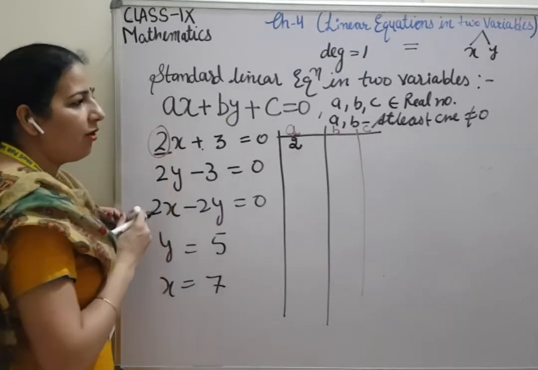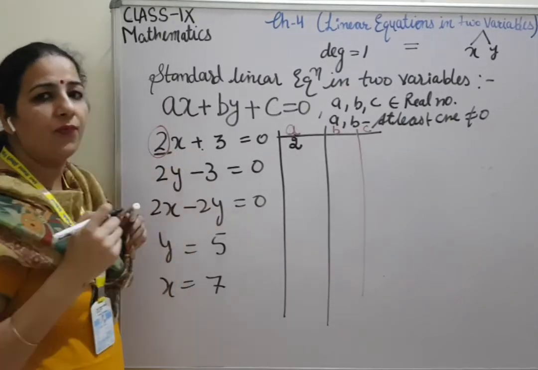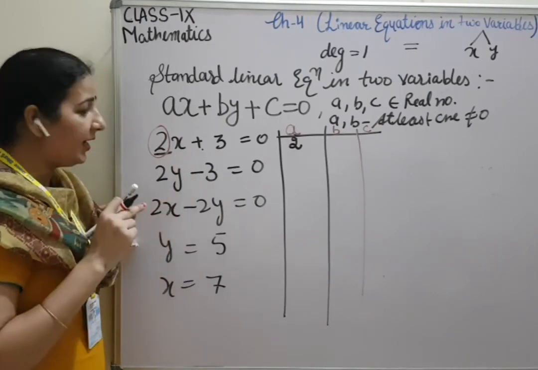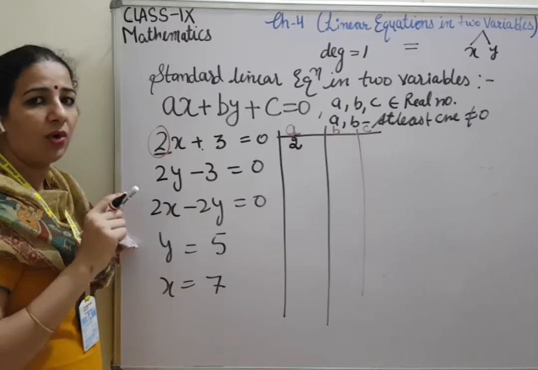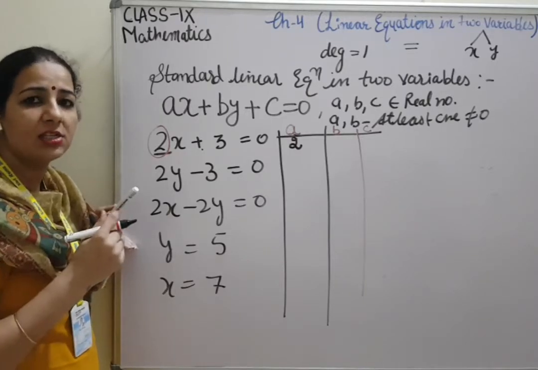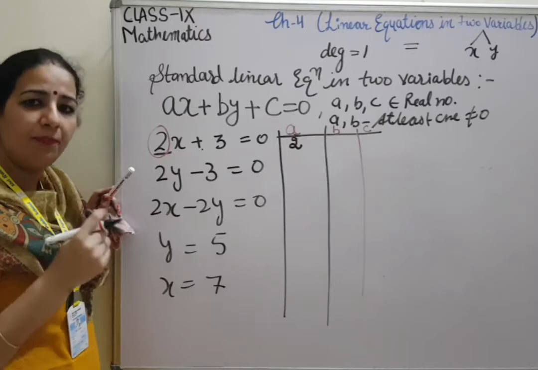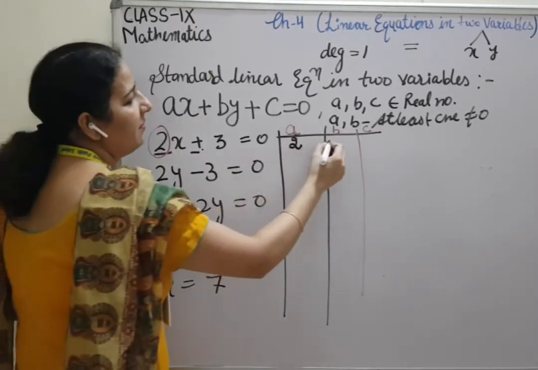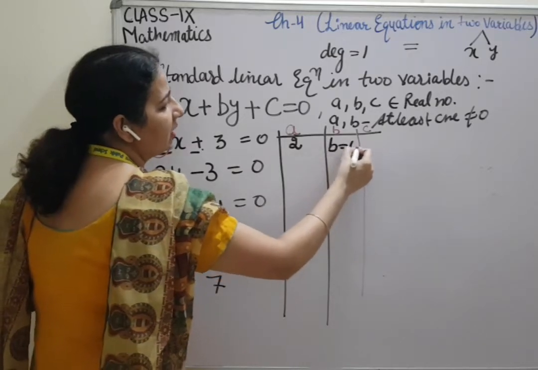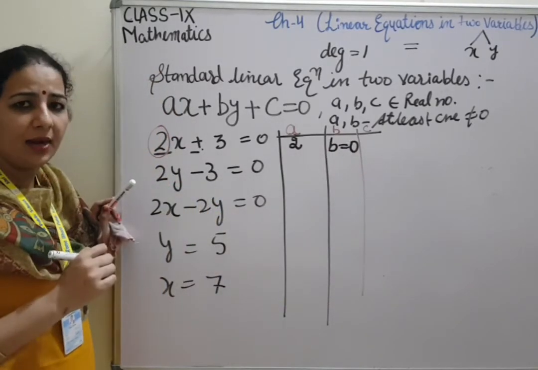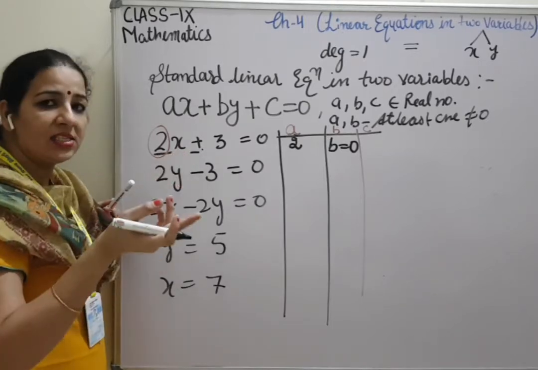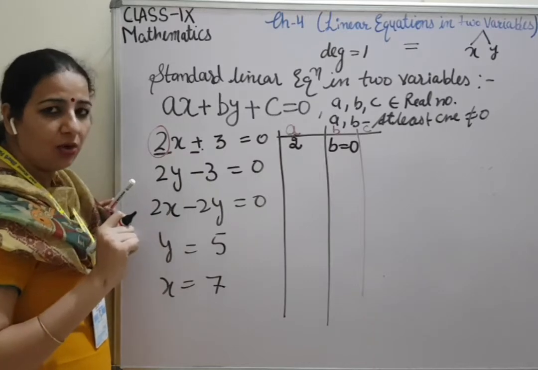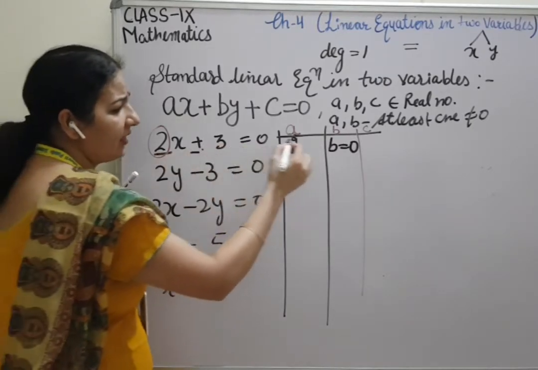What about the value of b? B is the coefficient of y, and the y term is not here. If the y term is not here, it means it is 0. It is vanished. And because of what does it vanish? Just because of the value of b. If the y term does not exist here, then it means our b is 0, because y was the variable. So if y is removed from here, it means definitely we have multiplied the y with 0. And what is the value of c?